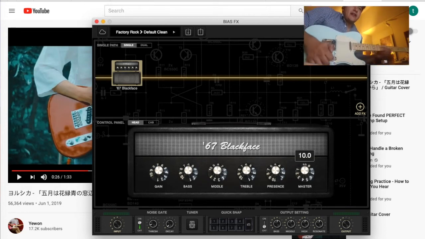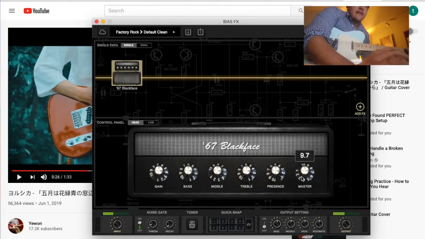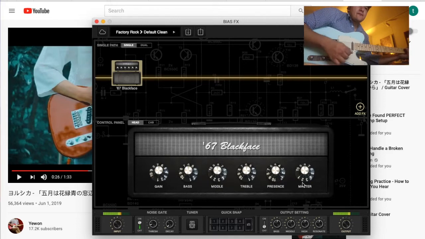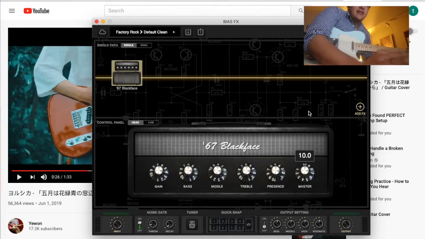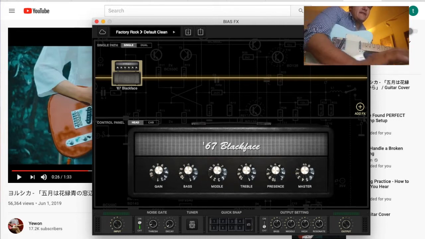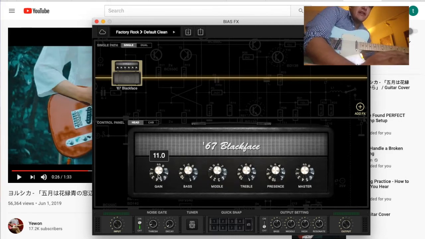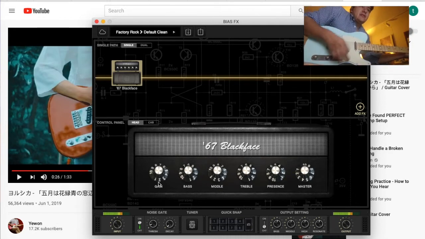Now the reason for that is because listen to this versus this. It's still pretty freaking clean, and if I'm going to be using some sort of drive pedals in front of this, I might as well just crank the master right off the bat. If you crank the gain, here's what happens. It's already kind of like clean boosted, and I don't like that. I kind of want to keep it clean but loud, so I want to keep this probably around 8 or so. Kind of where it was, and you can tell